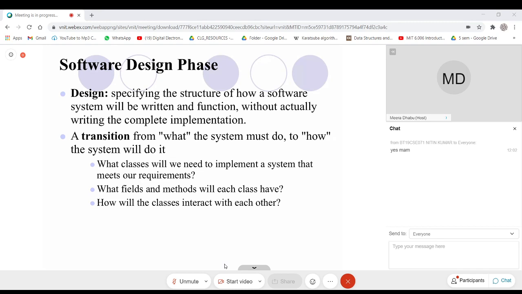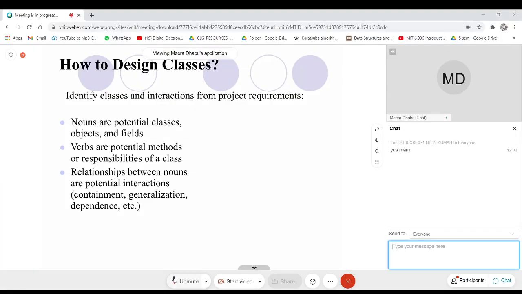Can we organize it like this? Fine. So the first focus will be to identify the classes, then their attributes, how they will behave and how they will interact with other classes. That is the thing we need to analyze during the design phase, that is designing a class.